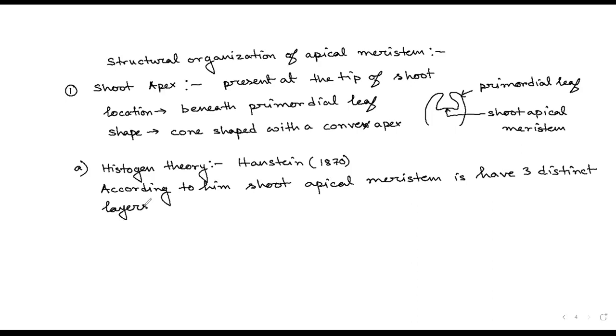These distinct layers are called histogen, and that is why this theory is known as histogen theory. So what are these three distinct layers? The first layer is known as dermatogen. So what is dermatogen? Dermatogen forms the outer covering of